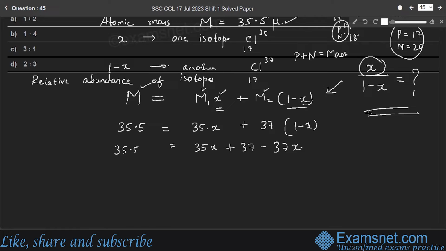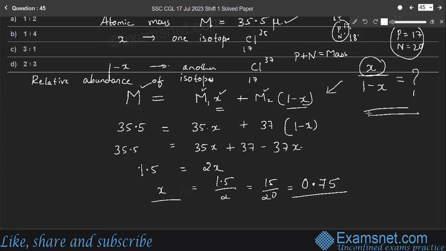Therefore, 37 minus 35.5 is 1.5, which is equal to 37x minus 35x, which is 2x. Therefore, the value of x is 1.5 by 2, which is nothing but 15 by 20, right? So 0.75 is the abundance of